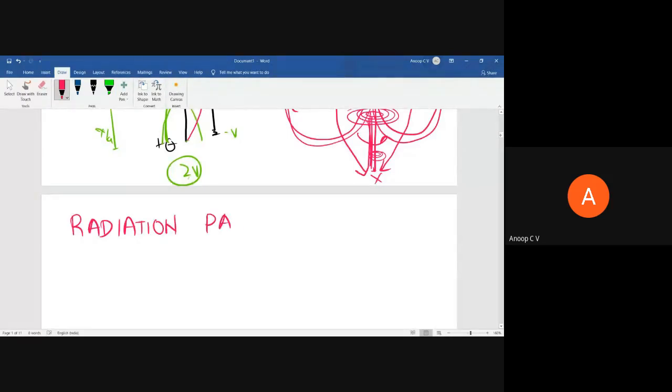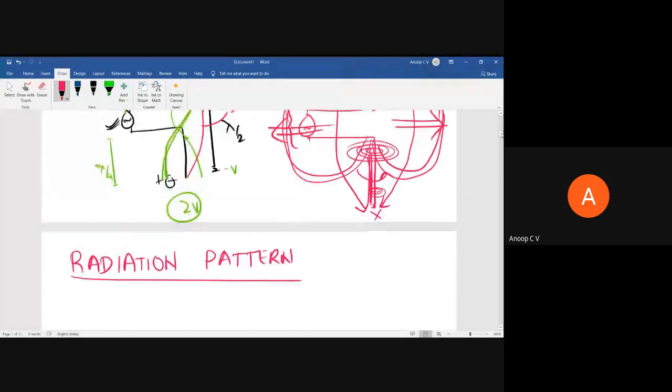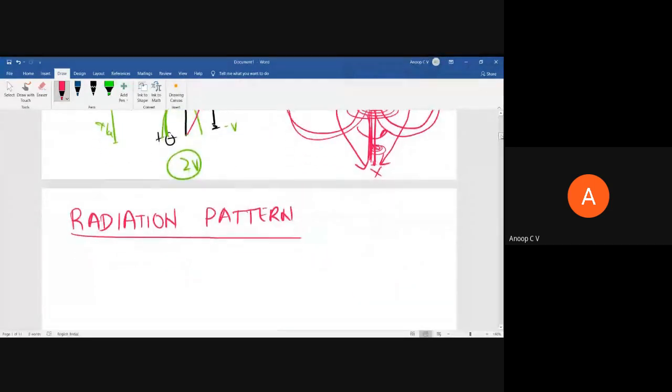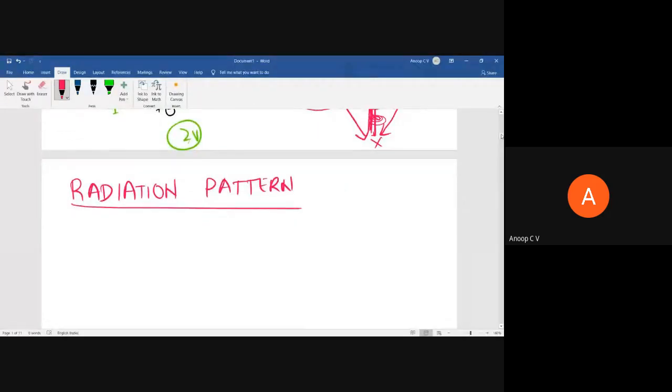It will tell us in which directions an antenna will radiate. For instance, if you see a dipole, I can tell the dipole will not radiate towards top and bottom. It has a direction of maximum radiation towards the broadside of this, towards this side and this side. But what actually is that radiation pattern? That is what we are going to study. Today we won't go much into definitions or math or anything.